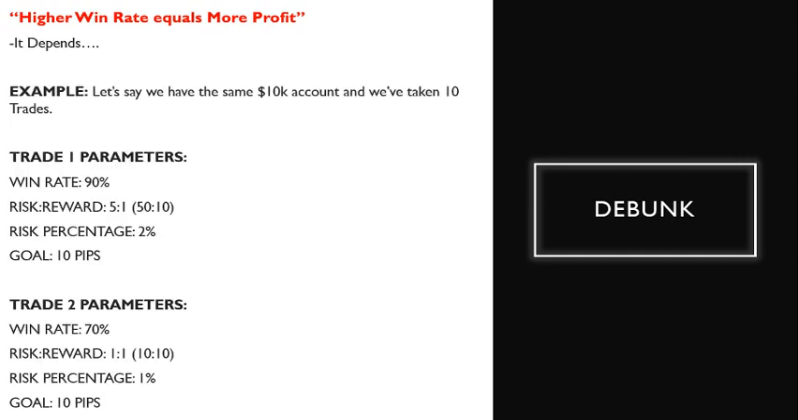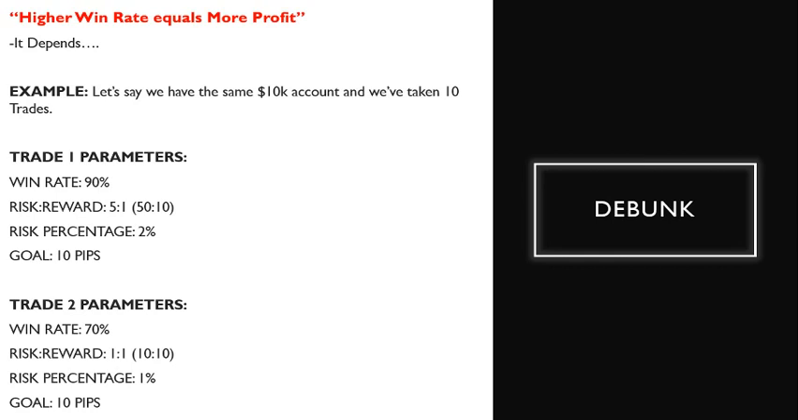All right. So here are our examples. Let's say we have that same $10,000 account. We've taken 10 trades. Okay. So trade 1 parameters: 90% win rate. Now we're going to max this out. Risk to reward of 5-to-1. That you can use a 5-to-1 with a 90% win rate. So if I'm using a 5-to-1 and I have, let's say, a 10 pip take profit, what's my stop loss? 50 pips, right? Okay. So my risk percentage is 2%, and later we'll understand why we can use a higher